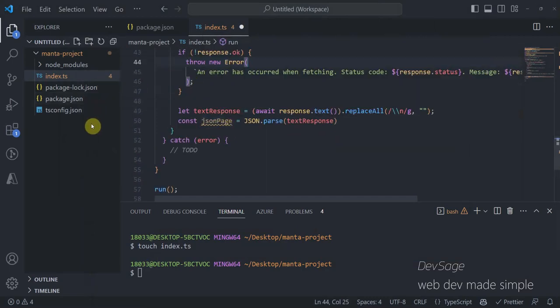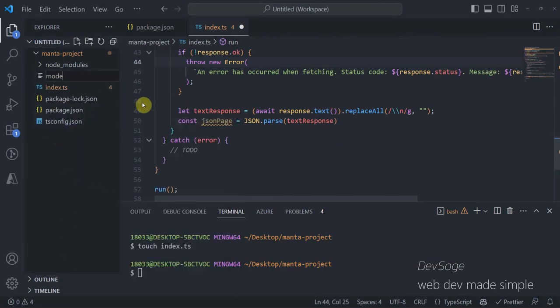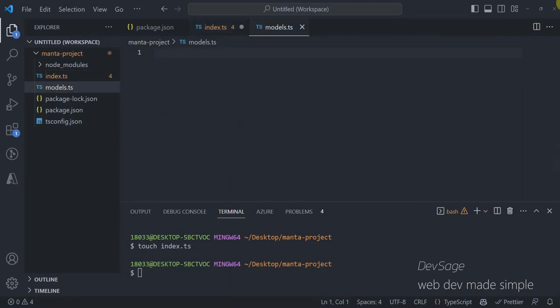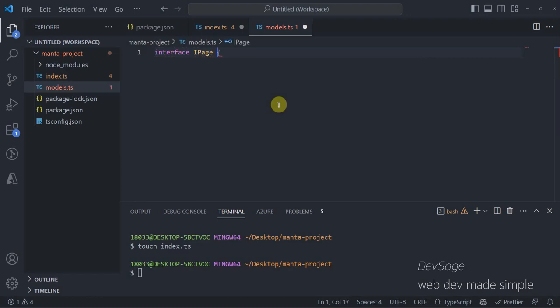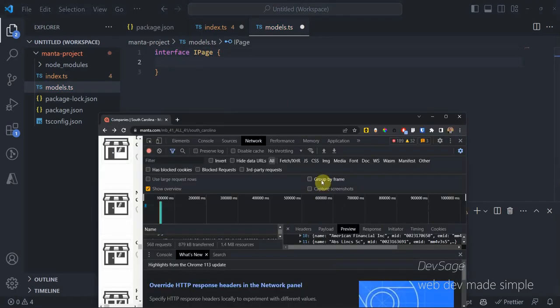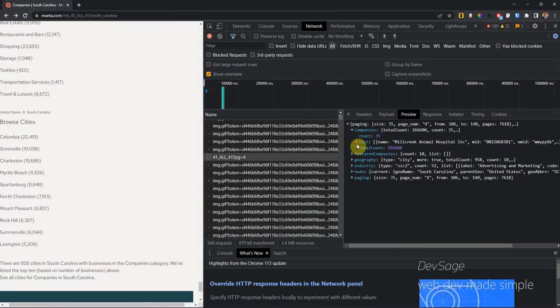And we're going to create them in a new file. So let's create a new file here called models. And in this case, I'm going to create a couple of interfaces here. I'm going to create an interface that represents basically a page of results, kind of like how we just saw. So let's say interface IPage, and we saw that, like we said, the page,